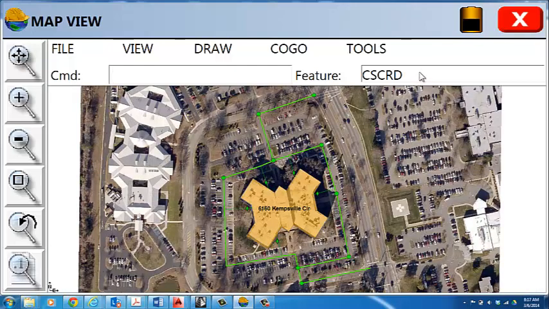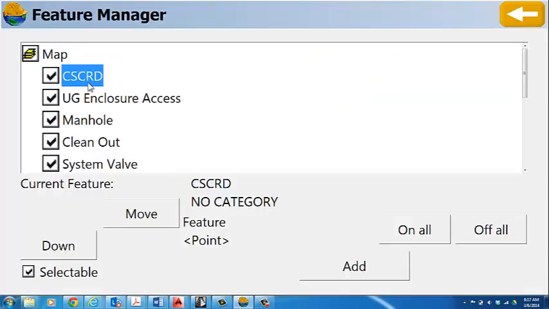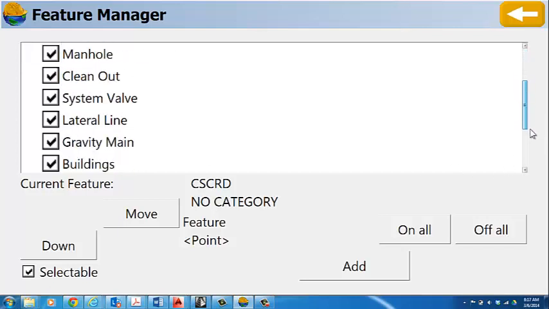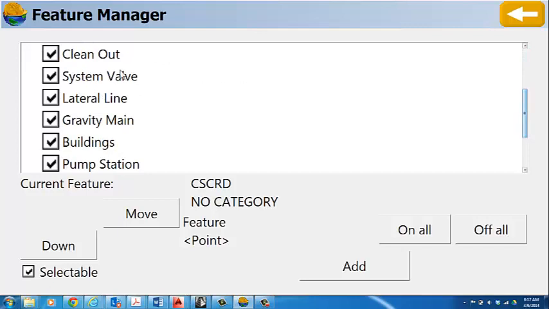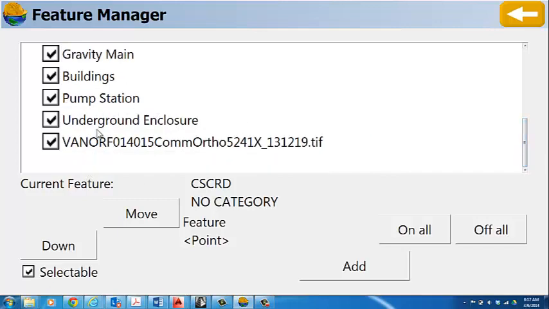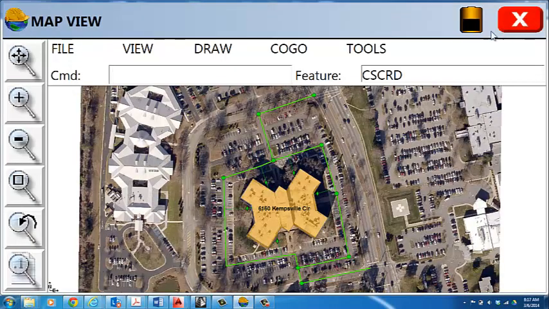And if you go up here to the feature class and pick in here, you can see that we have UG enclosure access, manhole, clean out, system, and lateral line, gravity main, buildings, pump station, and if I scroll down, you can see underground closure and so forth. And at this point, I'm going to hit the back arrow key, and if I go up to view,